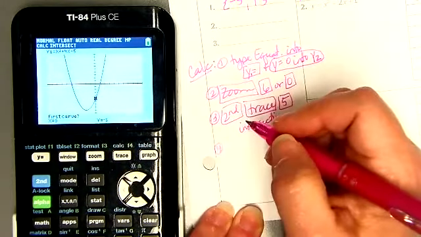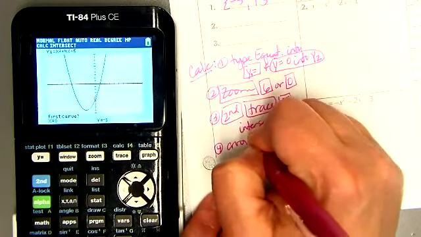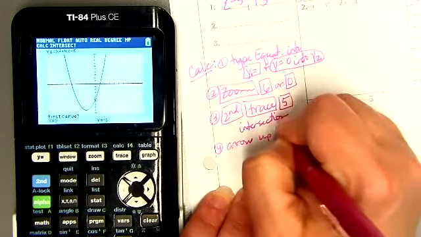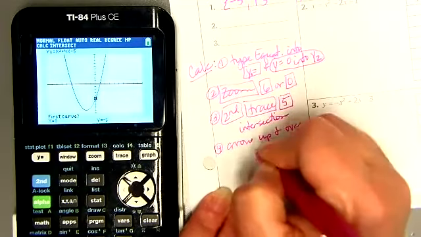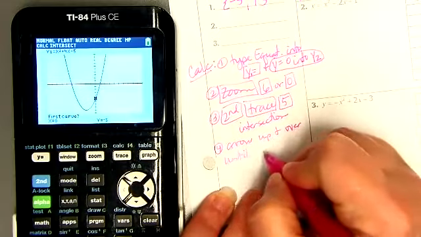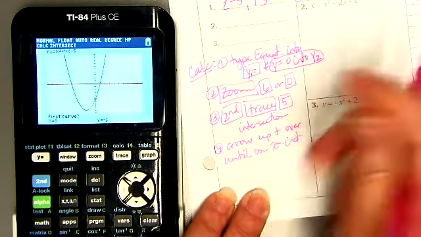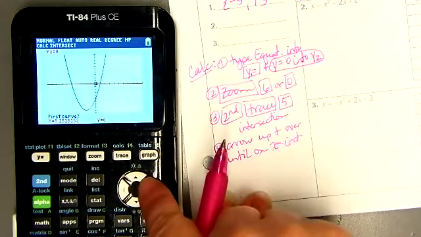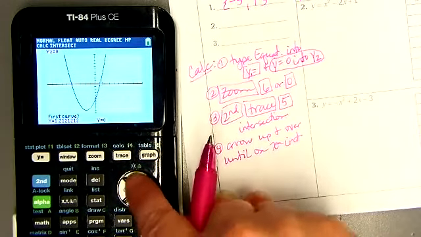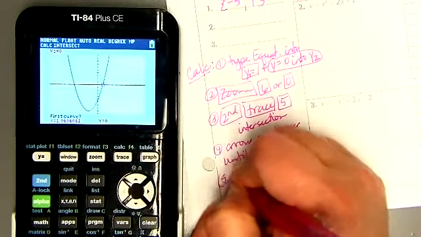Step 4, you're going to arrow up and over until on the x-intercept. So I'm going to arrow up, and then I'm going to go over until I'm hovering right about where it would be. Okay, and then the last step,